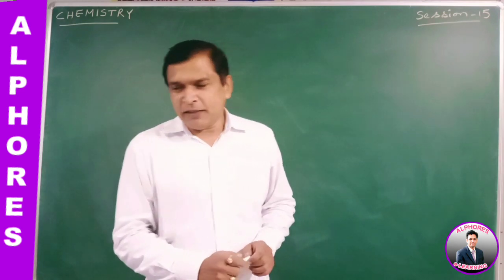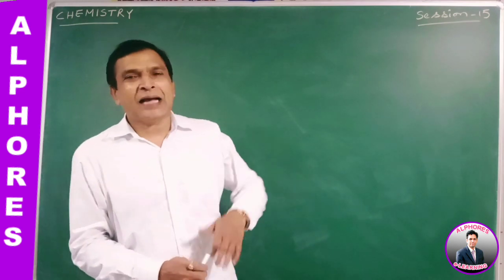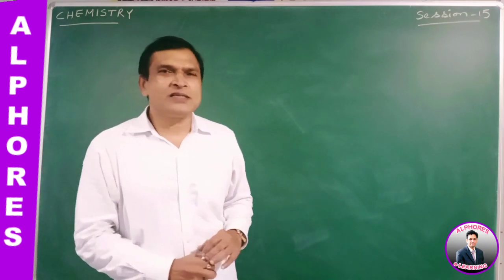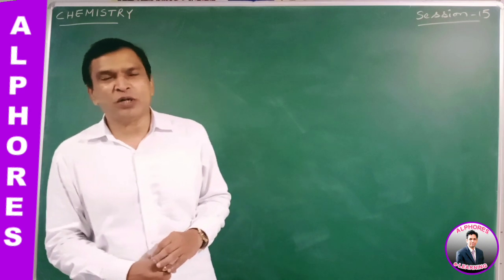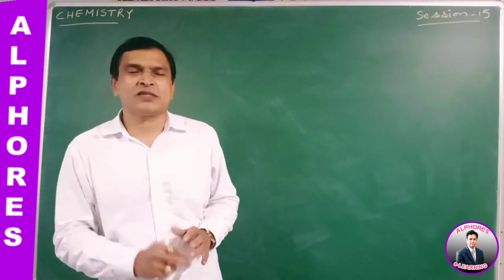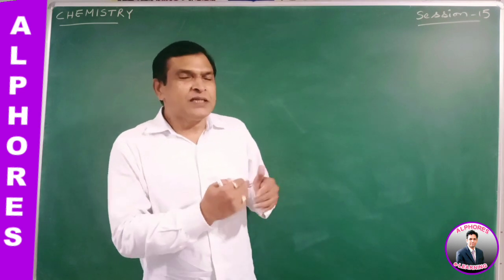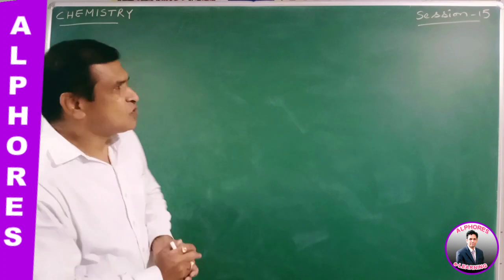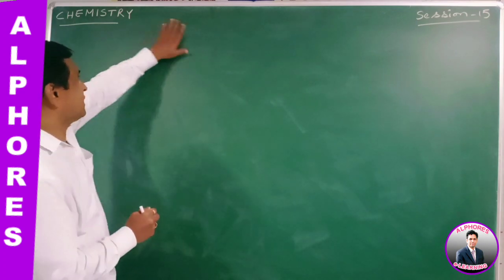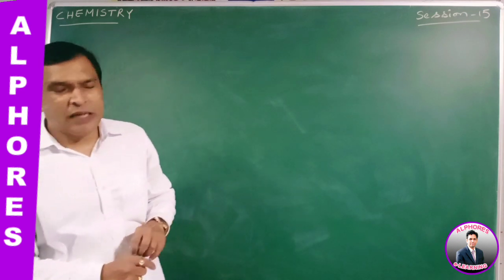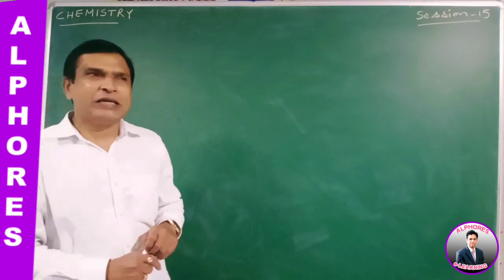According to Bohr's theory, we understand that as the number of orbits increases, size increases as well as energy of the orbit also increases. That means energy of the electron in the orbit also increases. But the energy difference between the successive orbits gradually decreases. So that is the theory part that we understand. Now let us work out some numericals based on energy and velocity of the electron also.